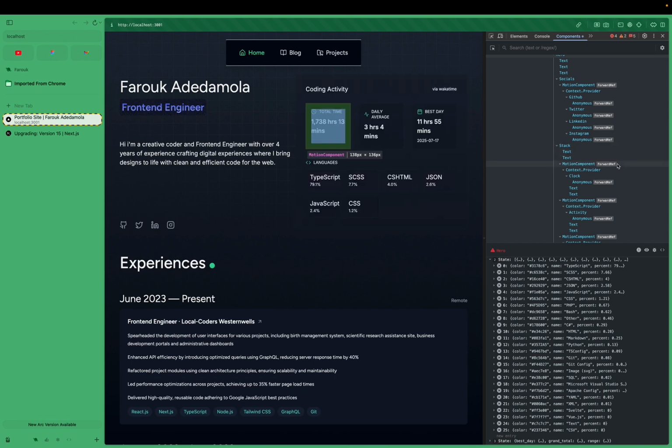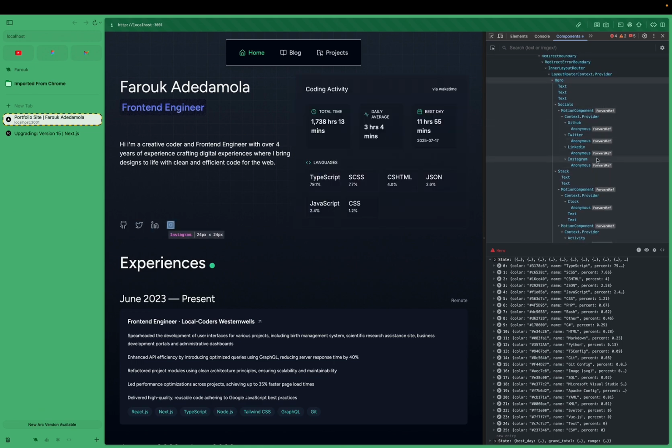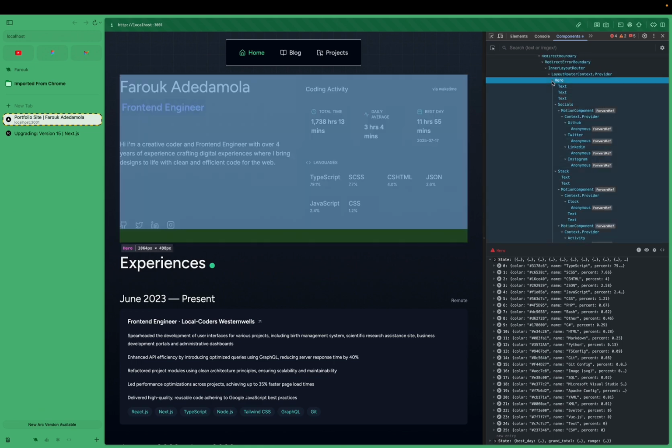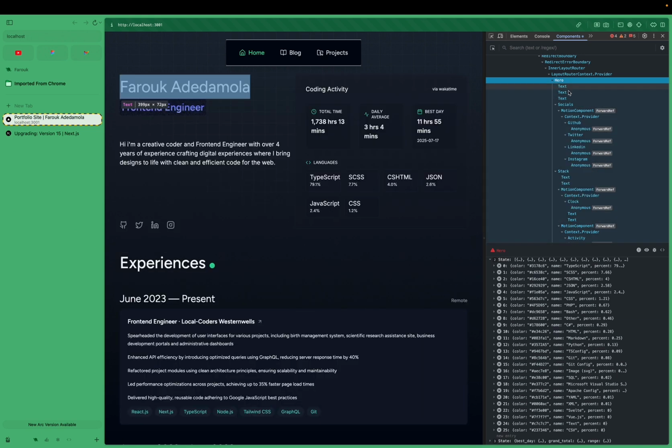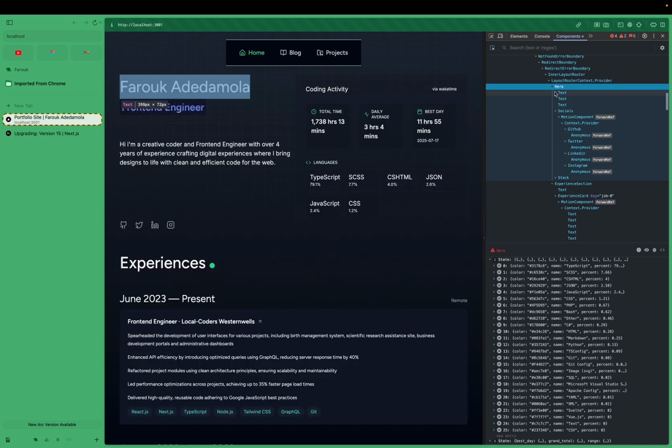So this is one of the very, very effective ways I found the React developer tools to be very useful. That's the component itself. And then you can see the component hierarchy. You can see inside of the hero I'm rendering the stack, right? And then lying side by side